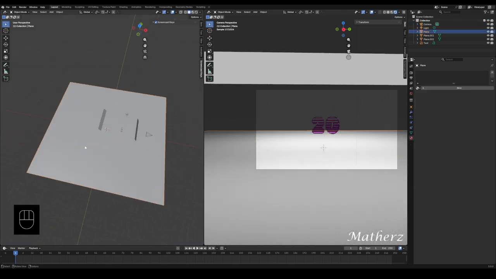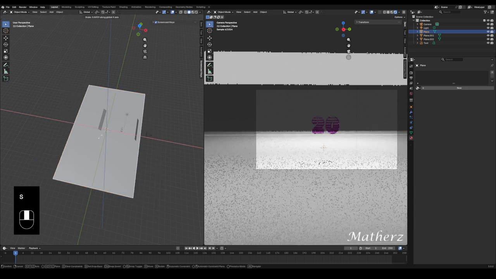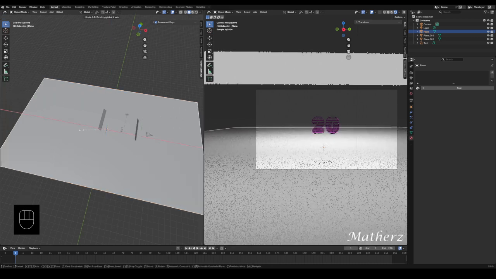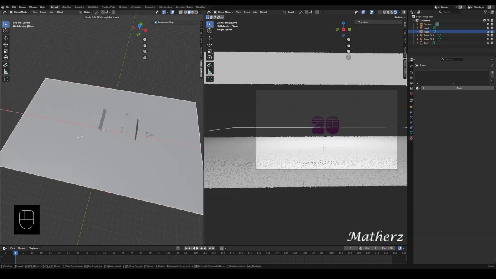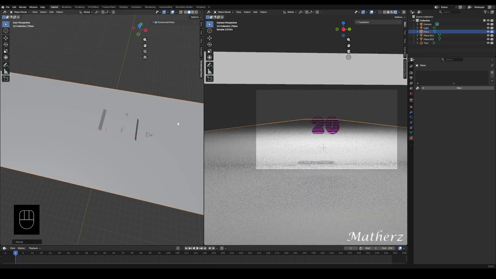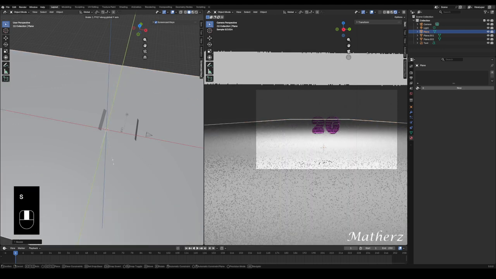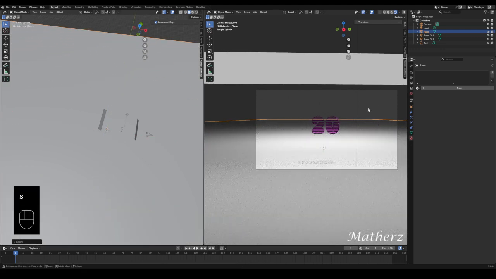So let's see, I'm going to press S for scale. Let's go ahead, instead of having it just really close to the camera, we're just going to go ahead and just make this bigger. And I'm going to press S for scale just to make this a little bit wider. So now on the render you can see that we have this nice little 20 right here, the lighting's there,